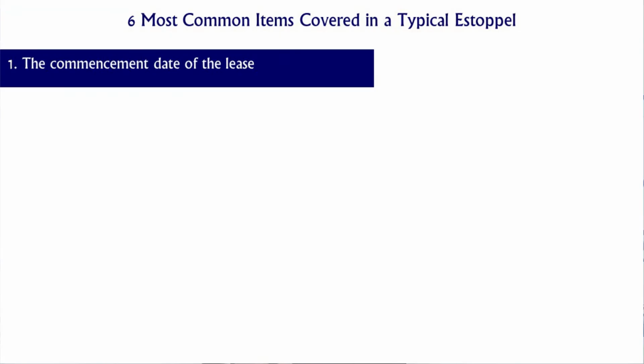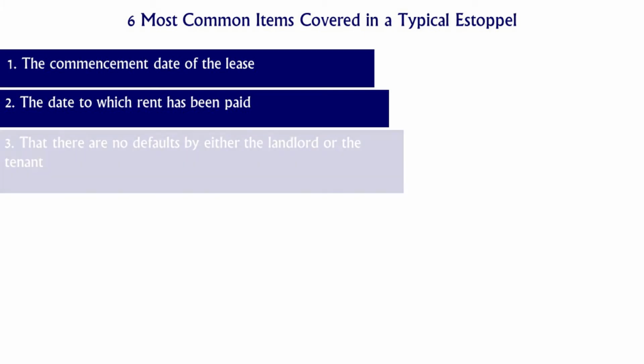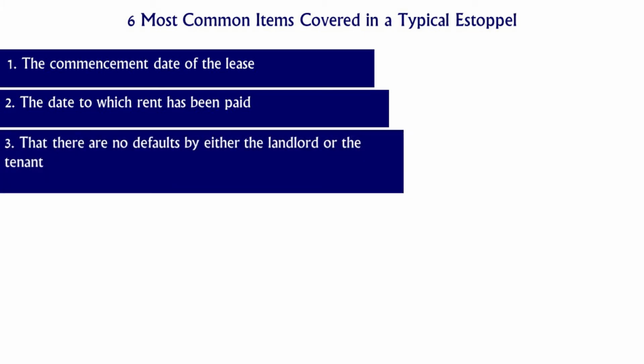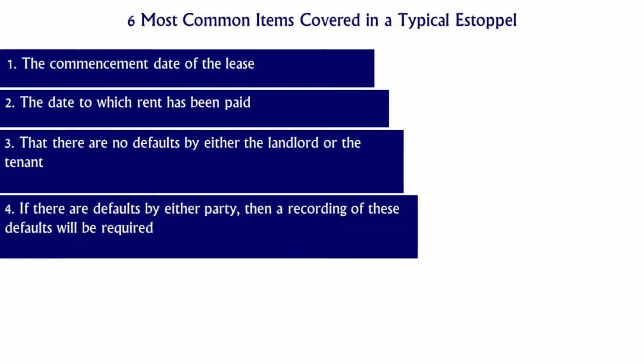Although estoppels do vary by property, six most common items covered in a typical estoppel are: number 1, the commencement date of the lease; number 2, the date to which rent has been paid; number 3, that there are no defaults by either the landlord or the tenant;